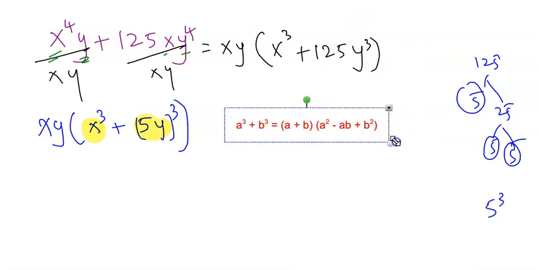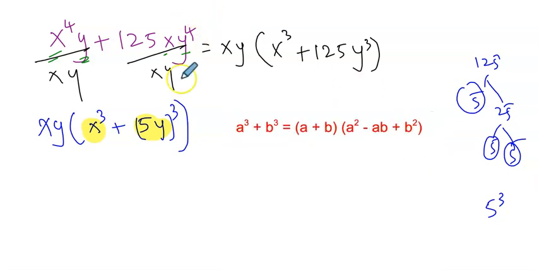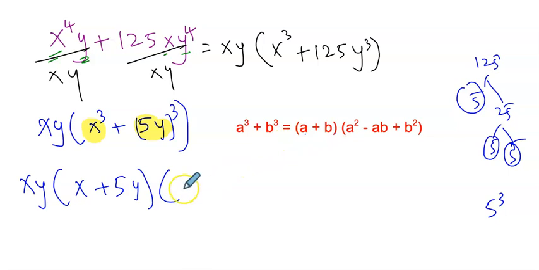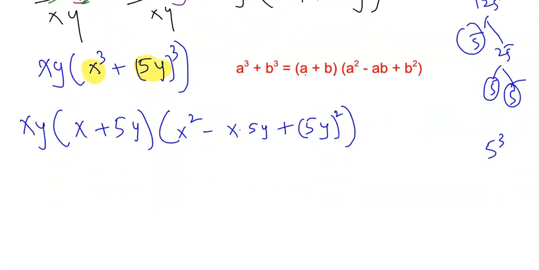Up here, my a is, so let me copy xy. Don't forget xy. This is your a plus b. So x plus 5y times a square means x square minus ab, that is x times 5y plus b squared, that is 5y squared, the whole thing. Don't forget to put in parentheses, otherwise it will be only for y square. And my answer is